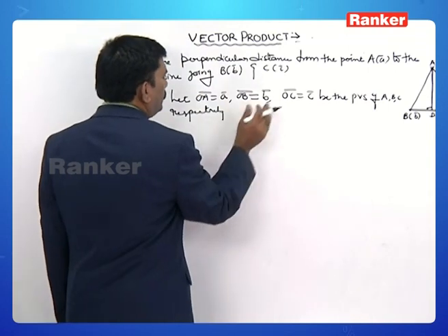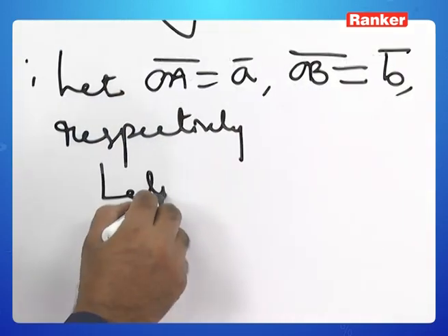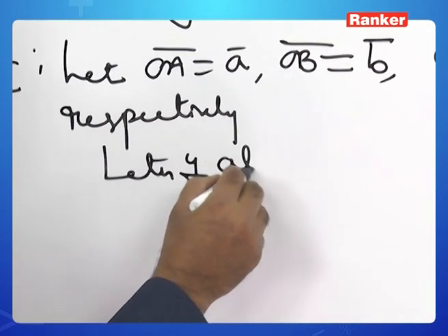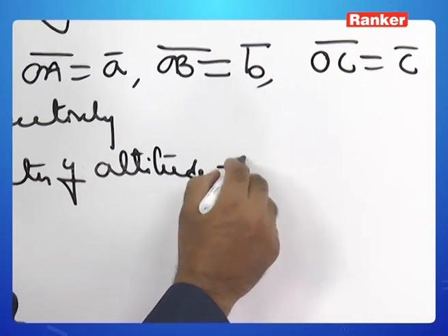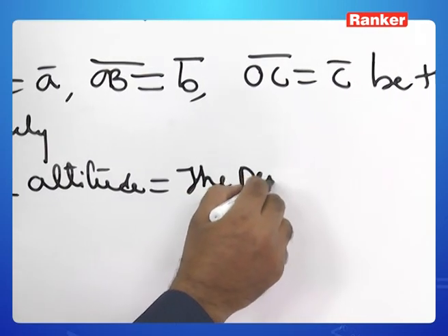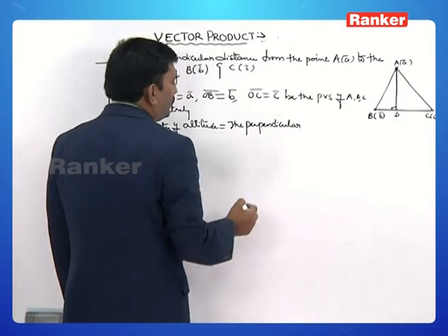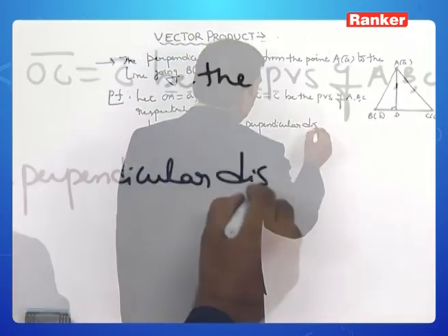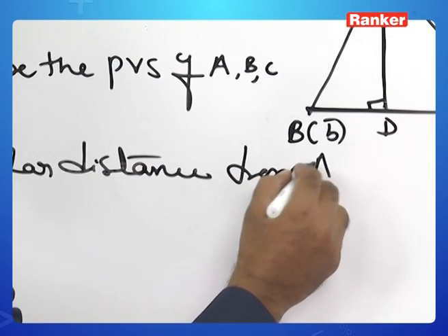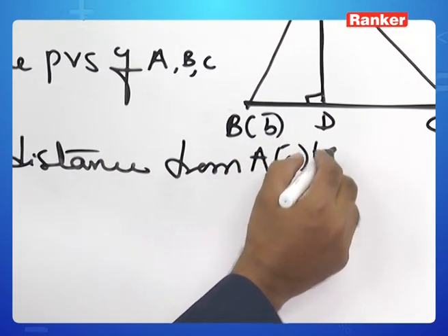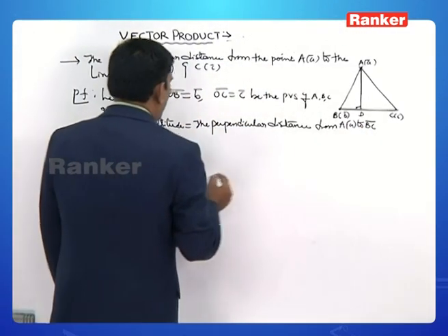Now, the length of the altitude is equal to the perpendicular distance. The perpendicular distance from A of A bar to BC bar is equal to